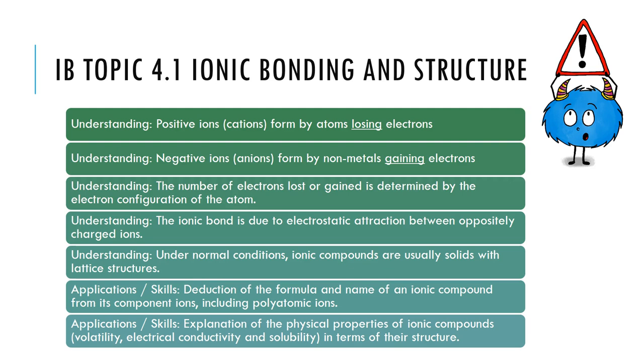We also need to understand that the ionic bond is due to electrostatic attraction between oppositely charged ions, and that under normal conditions they are usually solids with lattice structures, so crystalline solids. Then we need to take that a little further and deduce the formula and name of ionic compounds from being able to identify the component ions and polyatomic ions. This is where we need to memorize some of those electrovalencies and ions that perhaps we've had on a valency table in the past. And then we need to be able to explain the physical properties of ionic compounds, such as volatility, electrical conductivity, and solubility, and relate them back to the structure, the same as we did with the physical properties of our